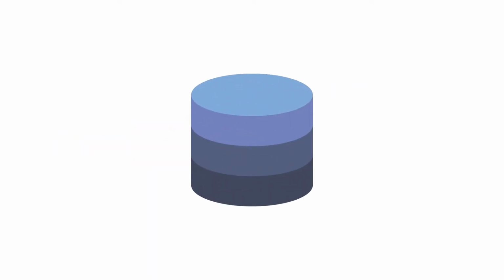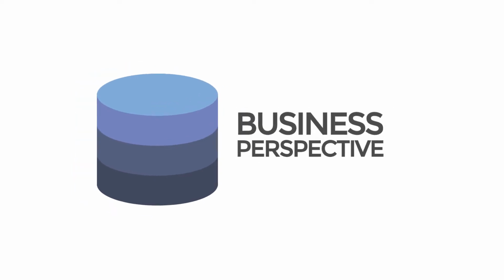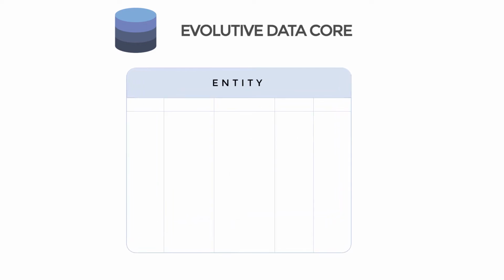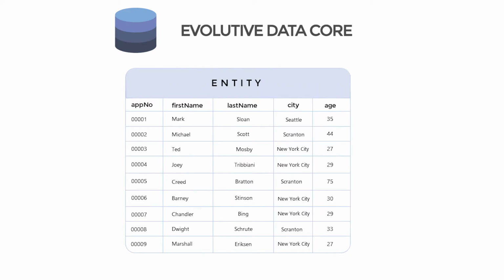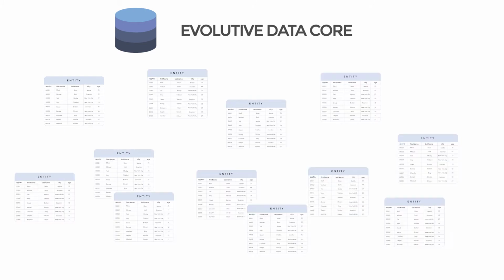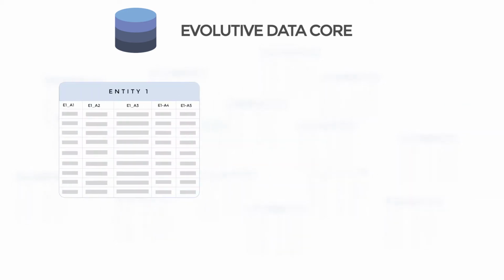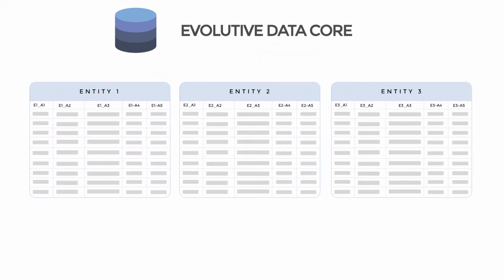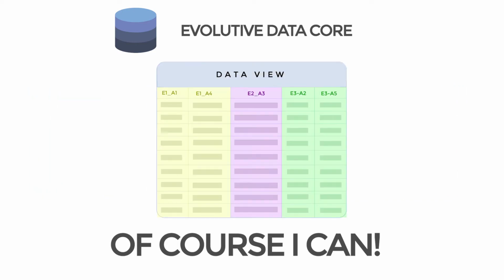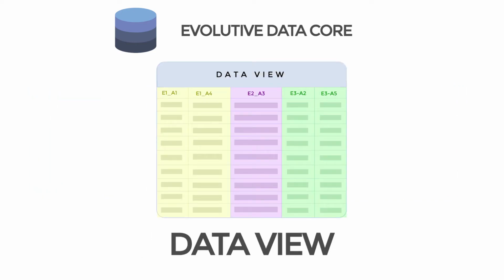So the FintechOS Evolutive Data Core is like looking at a database, but from a business perspective. You can create entities, which are the tables of the database, and inside the entities, you can create attributes, which are the columns of the table, and each attribute stores a number of records. However, in the Evolutive Data Core, you might store a lot of data, right, coming in from multiple digital journeys. And let's say I want to visualize data from 3 different entities and only from specific attributes of these entities. Can I do that? Well, of course I can, by creating a FintechOS Data View, and it's all done no